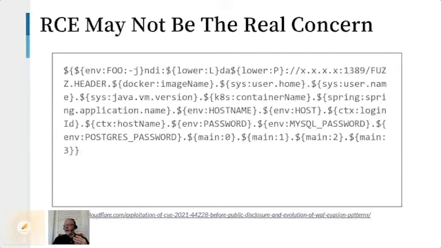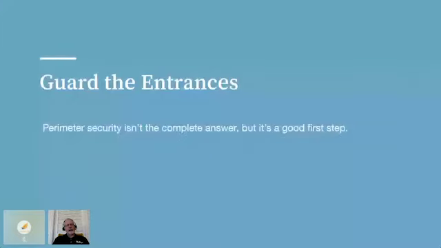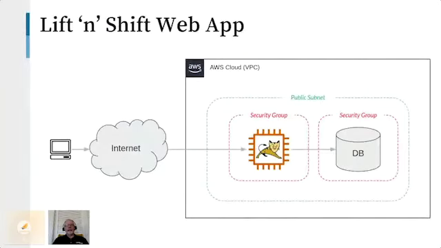So what I'm going to talk about is first networking and deployment. And kind of the first task that you should do is guard the entrances and prevent exploitable or exploit requests from coming in. I'm going to start by having what I call the lift and shift web app. And this is a case where you're running a web app in your own data center, you want to move